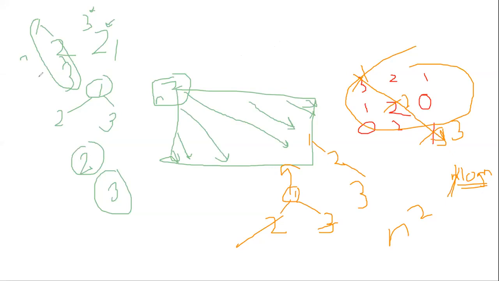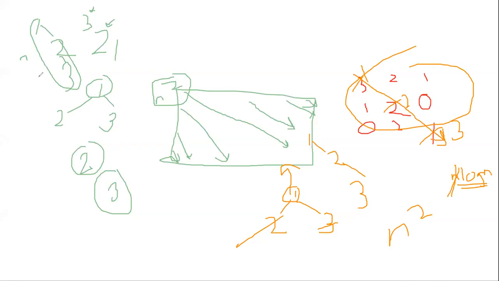So if you go to the smallest diagonal, it will be 1 log 1, then 2 elements, 2 log 2, and then this way the longest diagonal will be n log n. 2 elements will be 2 log 2 and 3 elements will be 3 log 2. So I'm just going over n square elements, so it will be n square log n. That's what I'm saying. I may be wrong.